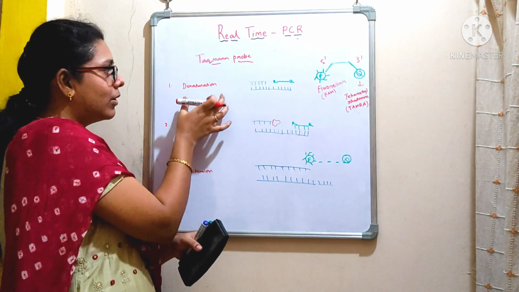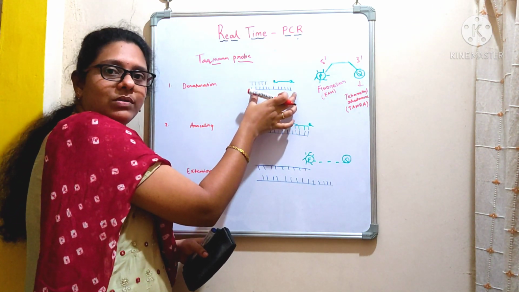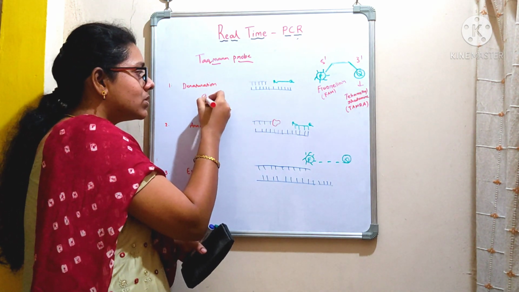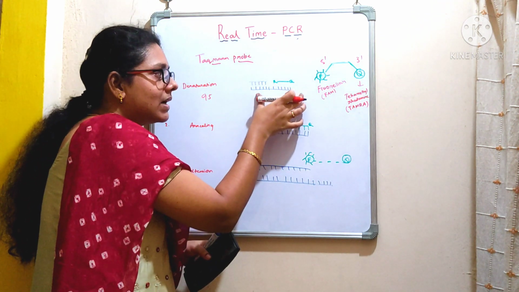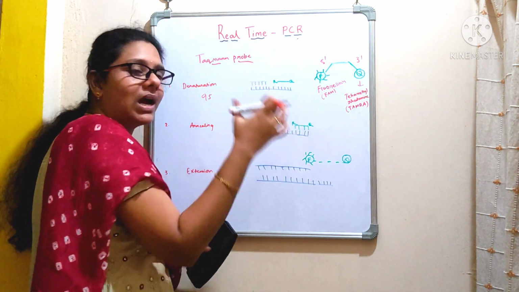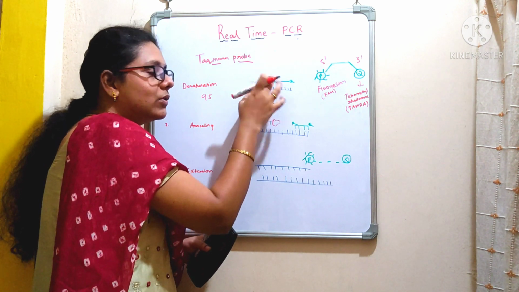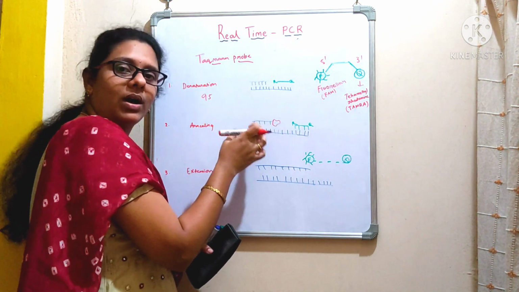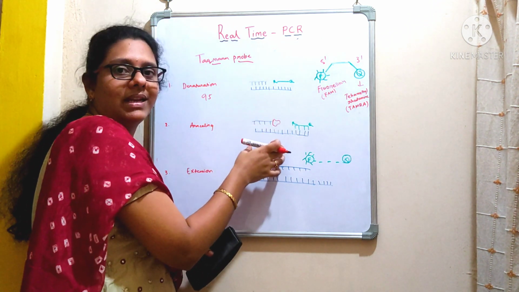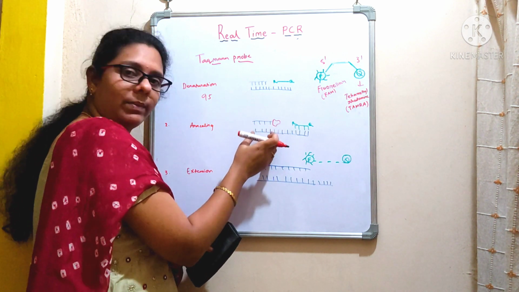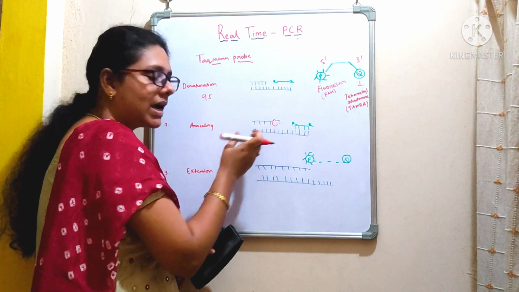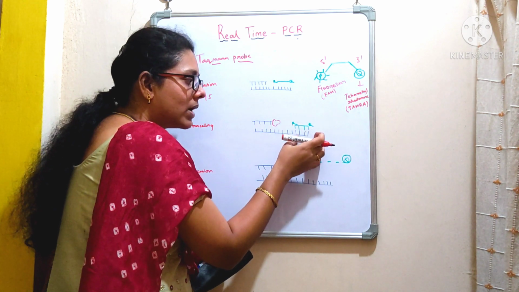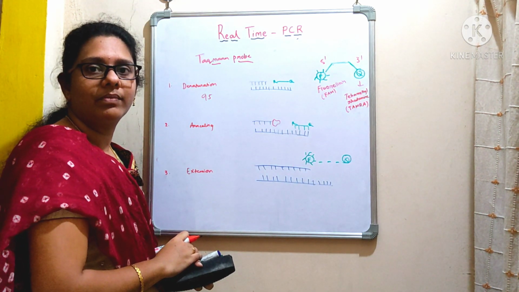Now look into this step of denaturation. Here we are going to use DNA as a template, in a double stranded form. When we apply a temperature of 95 degrees centigrade, this double stranded DNA will undergo denaturation. That means the double stranded DNA will be converted into a single strand. Next, in the step of annealing, what will the primers do? The primers will anneal with the DNA, right? They are complementary to each other, and the primer will bind with the DNA sequence. At the same time, this TaqMan probe will bind with the DNA sequence, right?